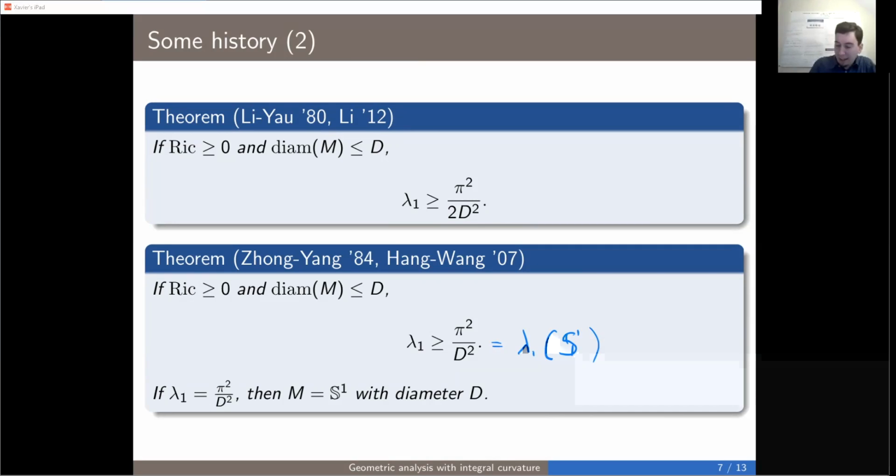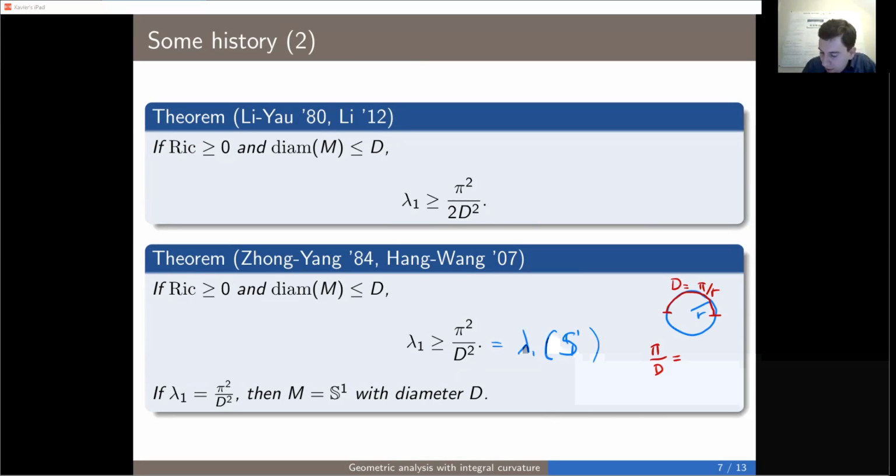And if you have a circle of radius r, right, the diameter is going to be pi r. That's the maximum distance between 2 points, right? That's the diameter. So this quantity here, pi over d, is the same as,